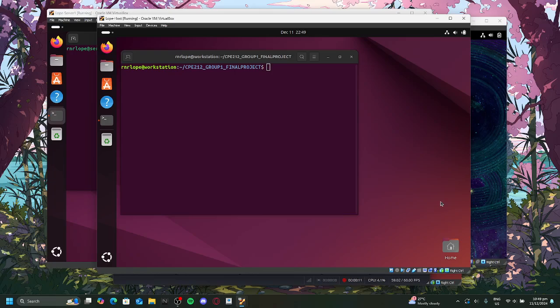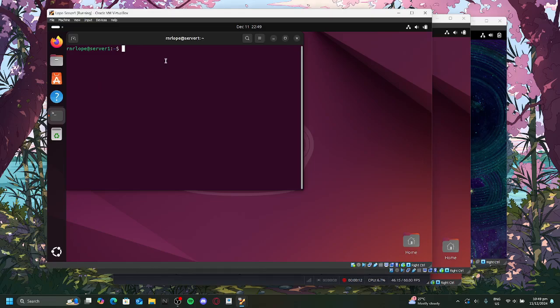But before we start, we're going to make sure that our managed nodes don't have any Docker images or Docker containers, so as to prevent any interruptions if we run our playbook. I'm going to verify if there's any by using docker images and docker ps. As we can see, Server 1 doesn't have any images or containers.